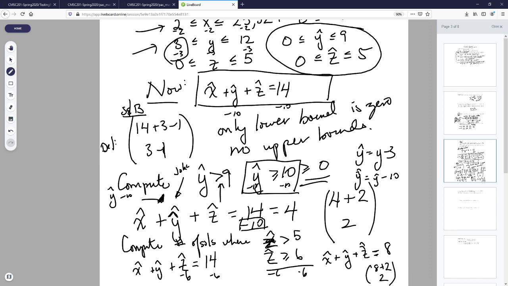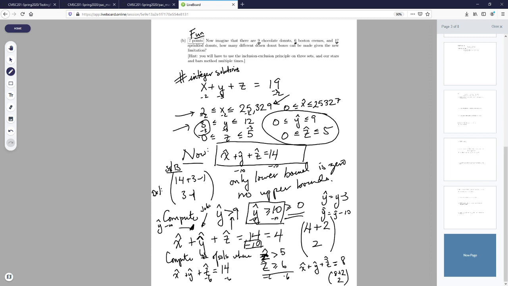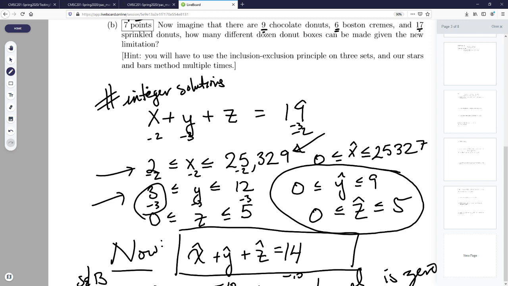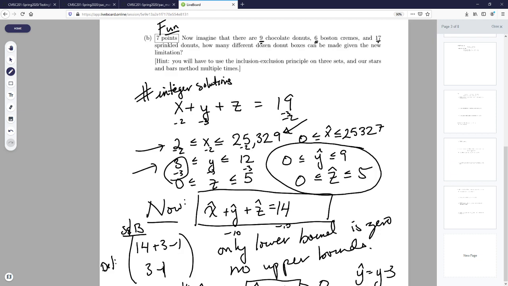Okay. So now we need more space because we're out of space, but I promise you it won't be so bad. I'm going to go up here, actually, because we don't need much room. All we need to do is say, what if y hat is bigger than 9, so that means y hat is bigger than or equal to 10, and z hat is bigger than or equal to 6? You know, what if? And the answer to that is,